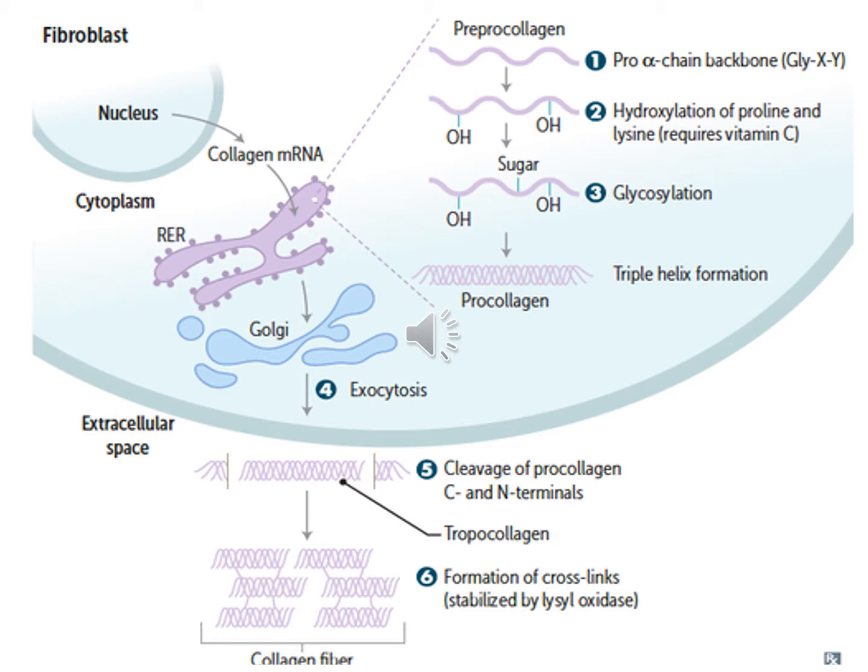Pro-alpha chains are the backbone. They are formed by the rough endoplasmic reticulum of the fibroblast. Then after the synthesis of the pro-collagen alpha chain, hydroxylation of the prolyl and lysyl residues in the endoplasmic reticulum occurs. This hydroxylation, adding of hydroxyl ions, takes place in the presence of vitamin C. It requires vitamin C. Then attachment of soluble galactosyl and glucosyl sugars to specific hydroxyl residues takes place. This process of adding sugar is called glycosylation.